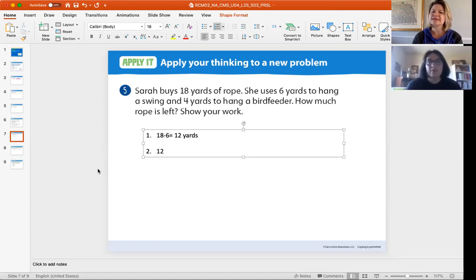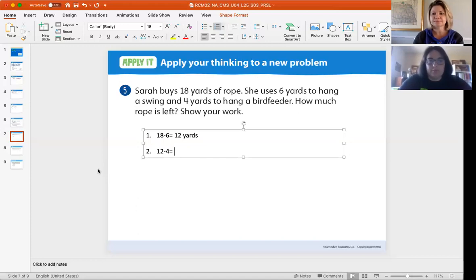Oh, I guess the first one she was hanging a swing. Now she's going to be hanging the bird feeder. How much does she use to hang the bird feeder? 4 yards. And she's still using it, which means we're still going to subtract. Okay, so minus 4